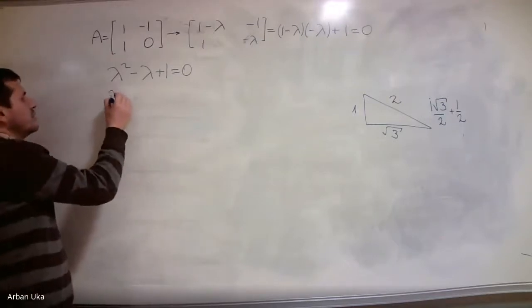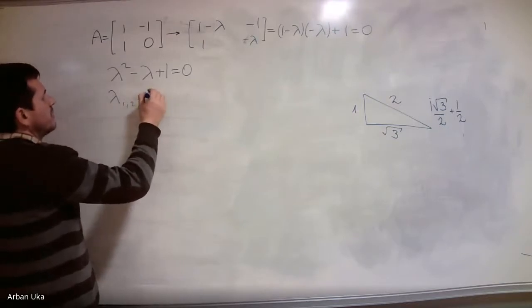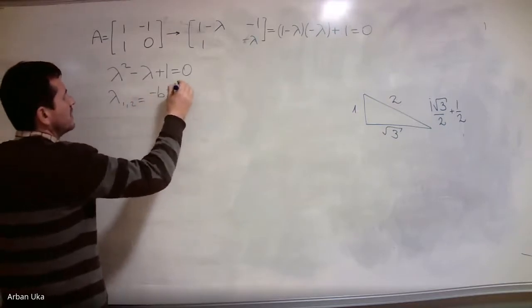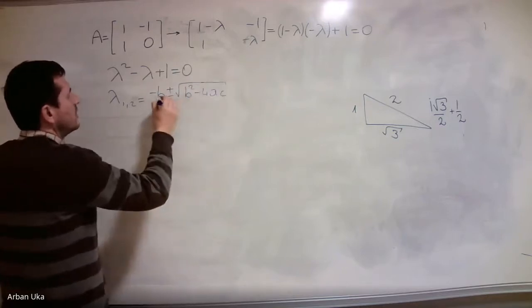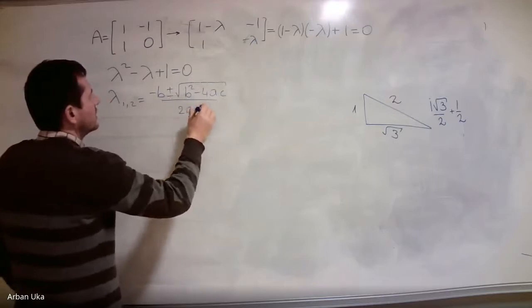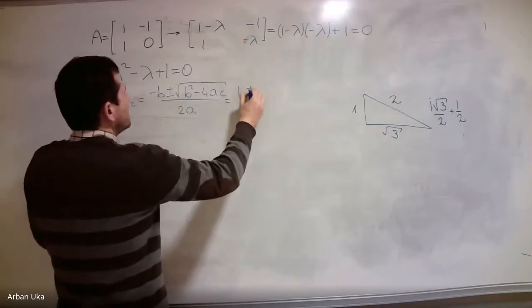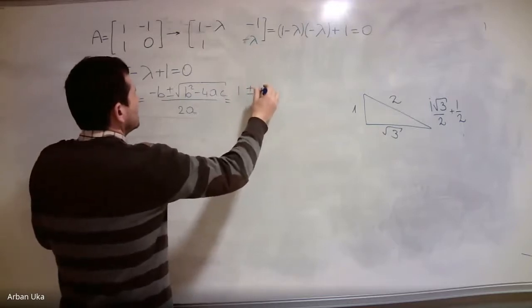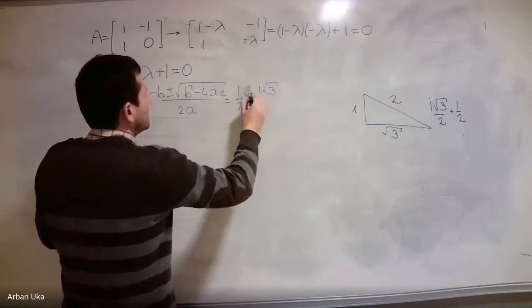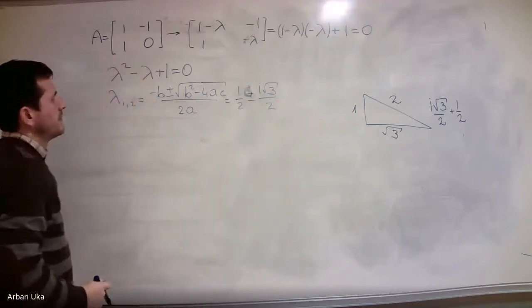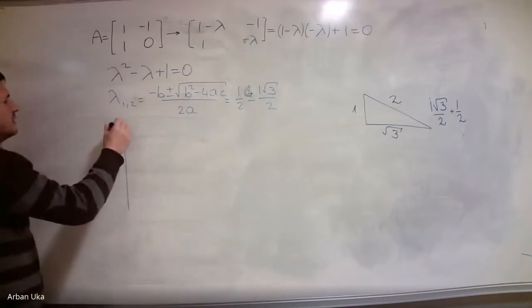And the eigenvalues, we can write them lambda 1, 2, this is equal to minus b plus minus square root of b squared minus 4ac over 2a. And this is equal to minus b, this is 1, plus minus i square root of 3 over 2. Okay? Now, let's see what happens if we apply